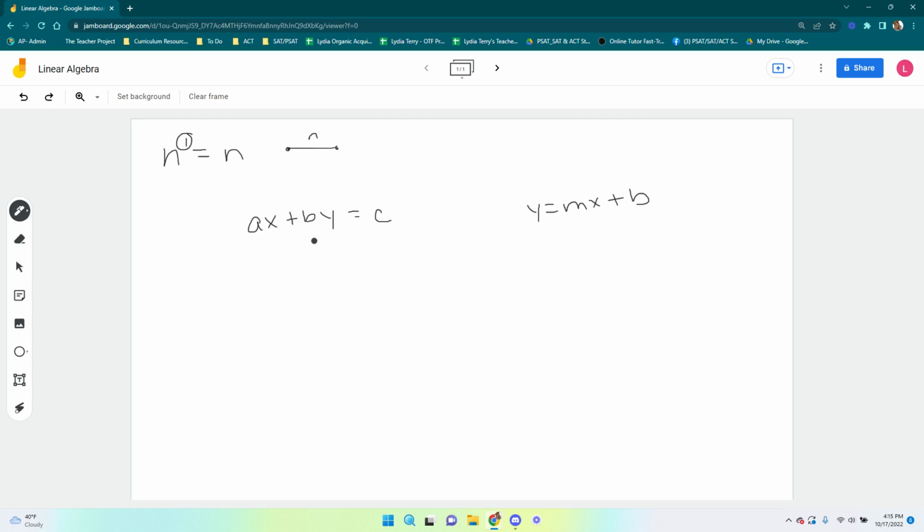You're going to see ax plus by equals c a lot when it comes to systems of equations. And I'm not going to say systems of equations are exclusively linear, because they're not. But most of the system of equation questions will be linear algebra questions. There's going to be a lot of vocab questions about linear algebra as well. And they're not always going to have it put into this form. Sometimes it will be y is equal to b minus mx or something like that. Just so you know, we're still linear as long as x and y are taken to the power of 1. Okay, so let's talk about